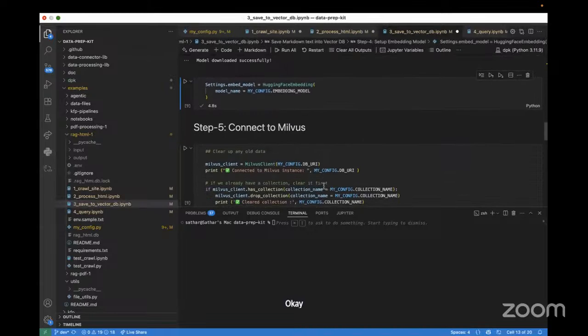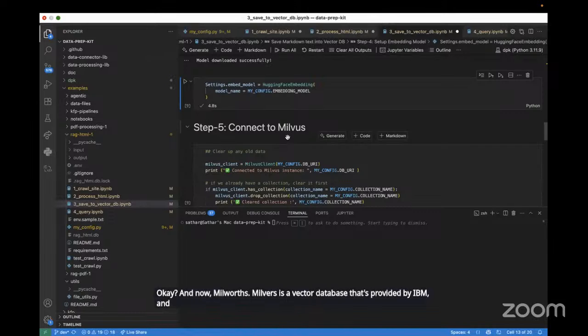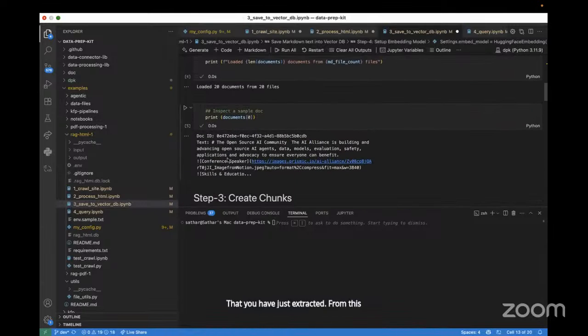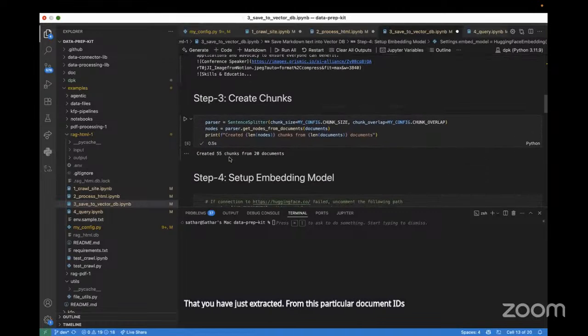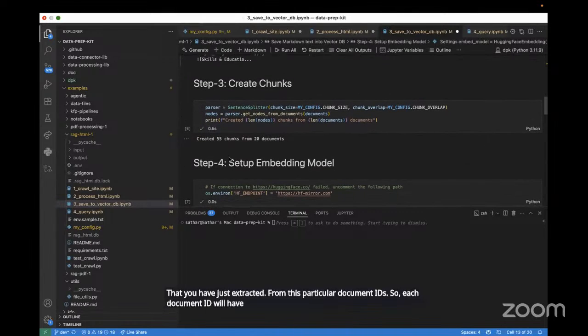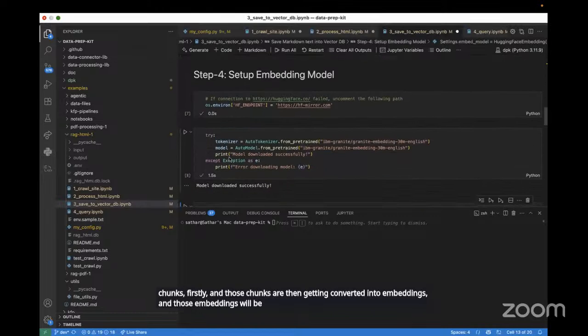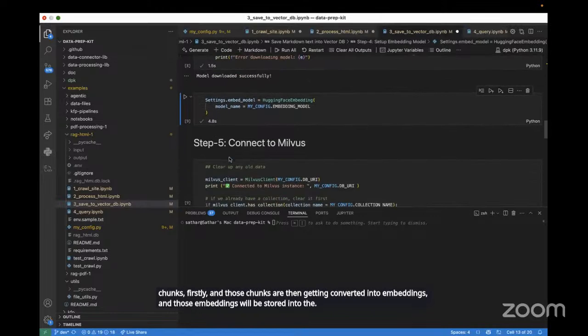Okay, and now Milvus. Milvus is a vector database that's provided by IBM, and it will store the embedding information that you have just extracted from this particular document IDs. So each document ID will have information in the form of chunks firstly, and those chunks are then getting converted into embeddings, and those embeddings will be stored into the Milvus database.